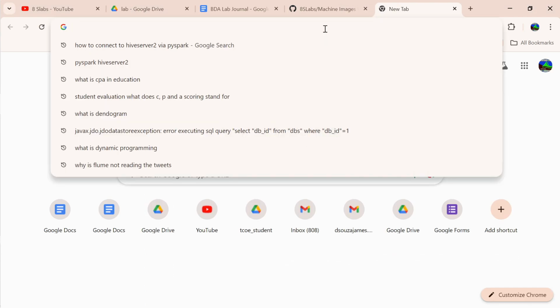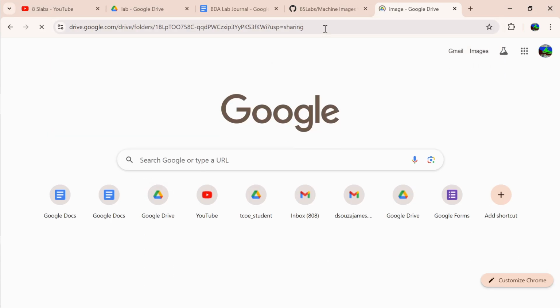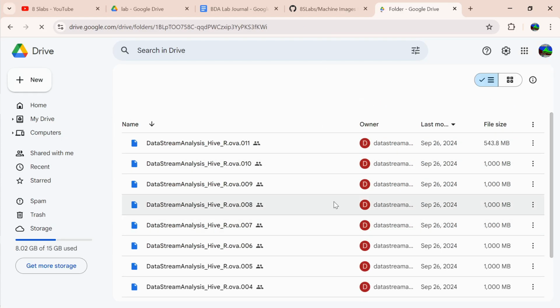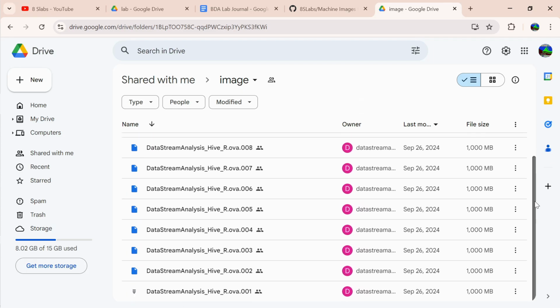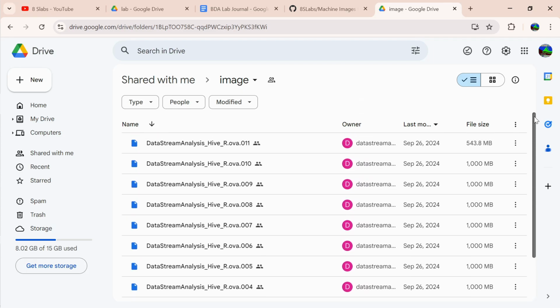When you visit this link, you should get all these files. It is one machine but split into multiple files, because each file is like 1000 MB, and in total it's a lot of files, a big machine. So you need to stitch this into